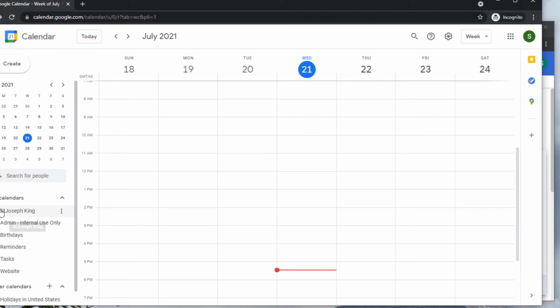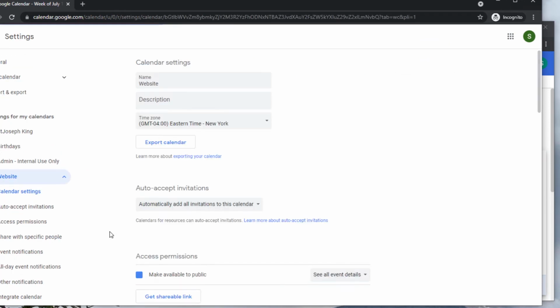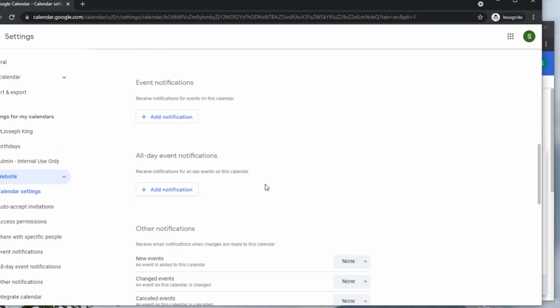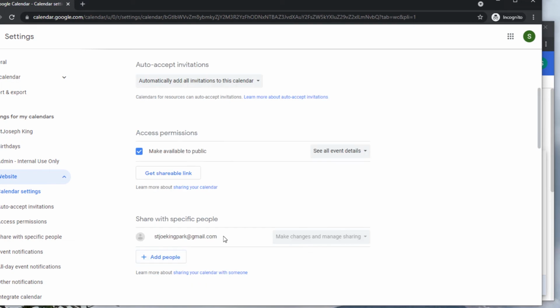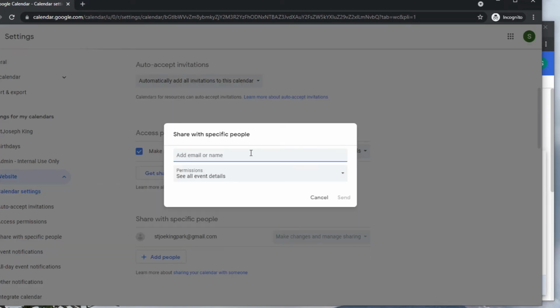Birthdays, reminders, and tasks are always going to show up. And then I created the internal one, and then I created a public one. Go back to these settings and sharing. And notice, this is who has editing access, and you can add people. So if I wanted to add Jackie,